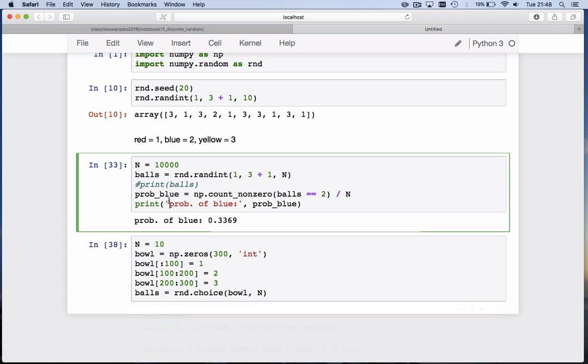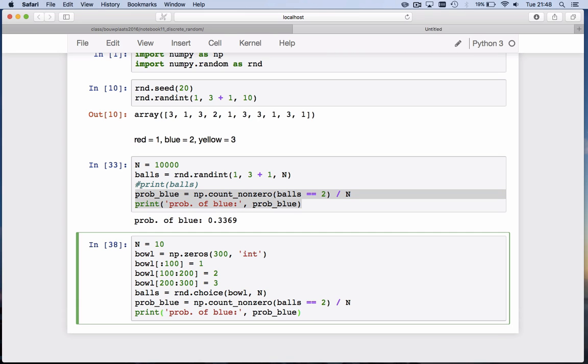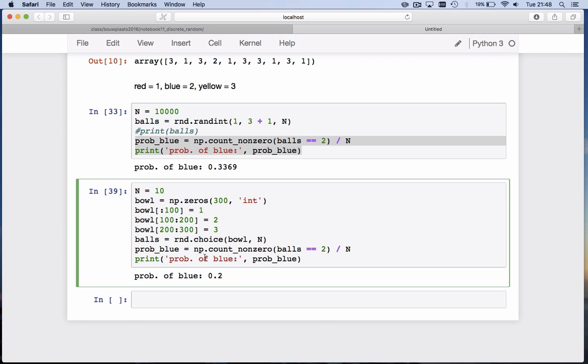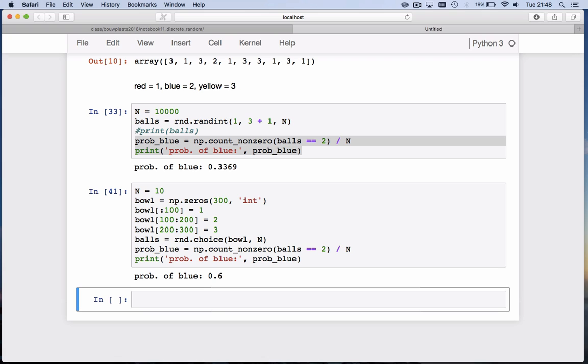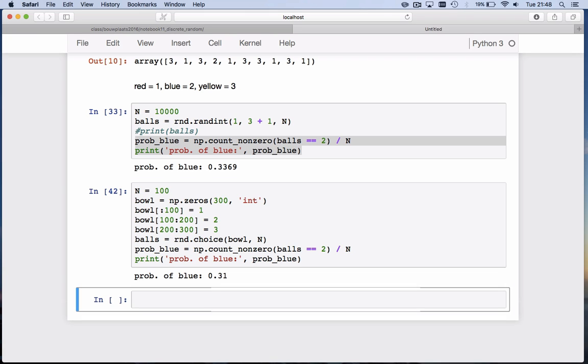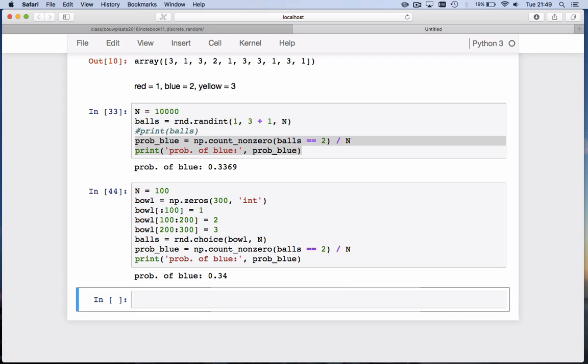Once we've drawn those balls, we can calculate again the probability of a blue ball, just like we did before. And we can run it. So I hit Shift Enter, and we get our probability is 0.2, or 0.5, or 0.6. And we can again increase the number of balls we draw from this bowl to 100: 0.31, 0.3. But now we do this with replacement equals true, but we can also do it with replacement